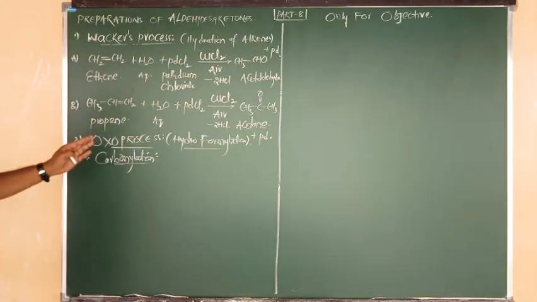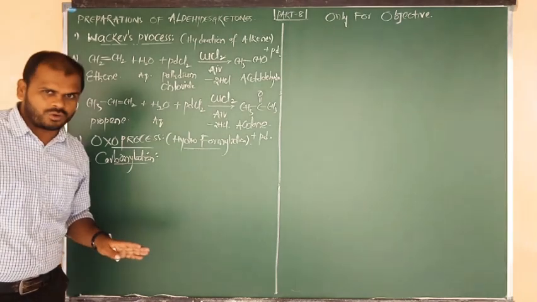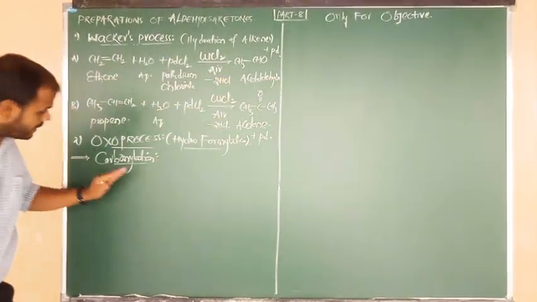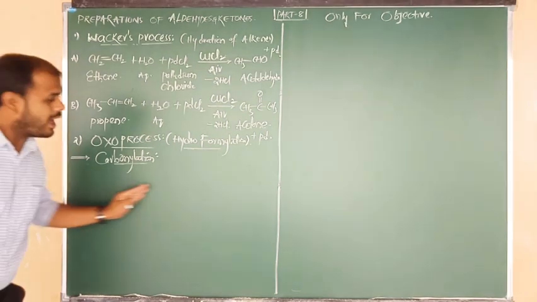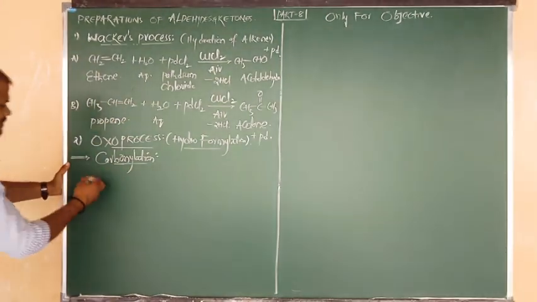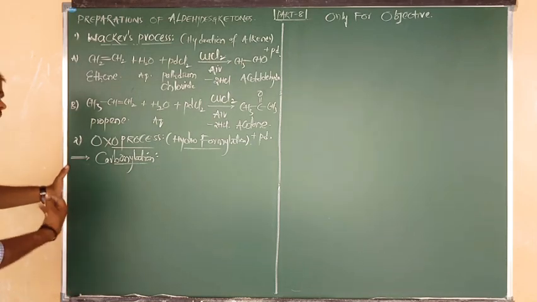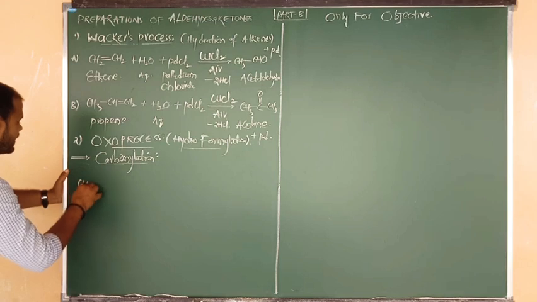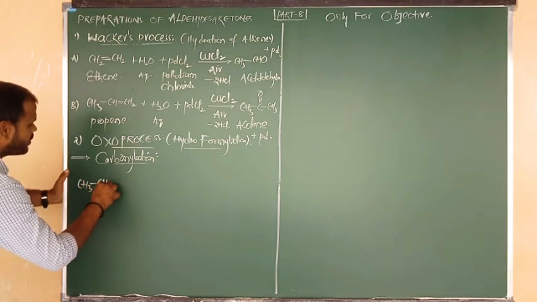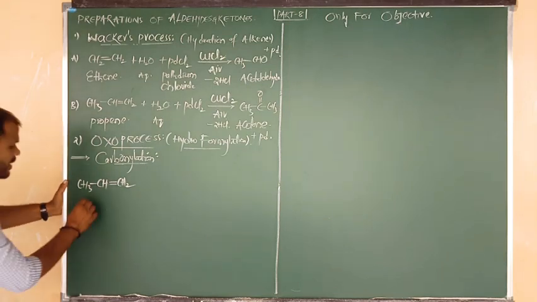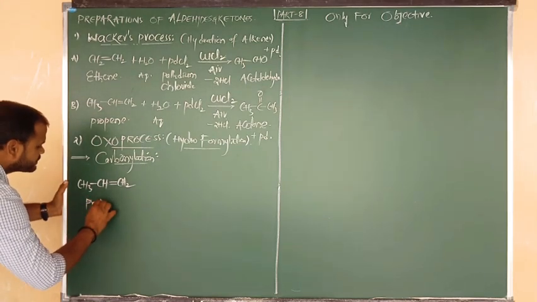So here in this process, what we have to do? Again same thing, like this alkene changes into aldehyde. Here in this Oxo process also, alkenes can be changed into aldehyde. Let me consider one example of an alkene. Directly we will consider an unsymmetrical one. What is an example of an unsymmetrical alkene? CH3 bonded to CH double bond CH2. What is the name of this compound? Propene.